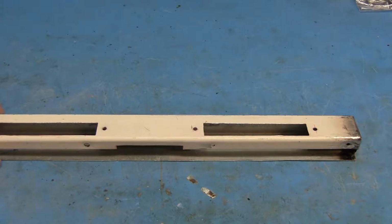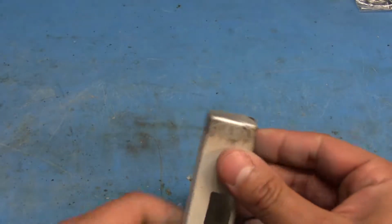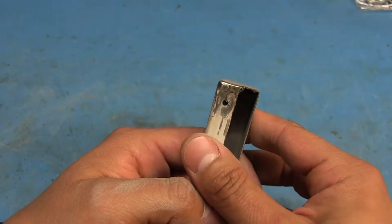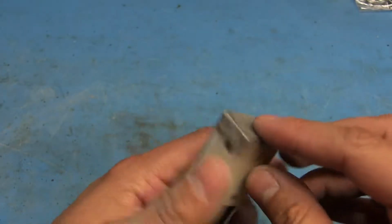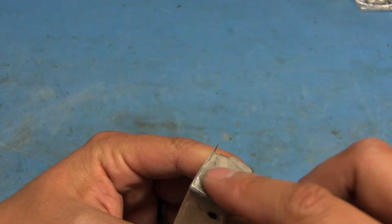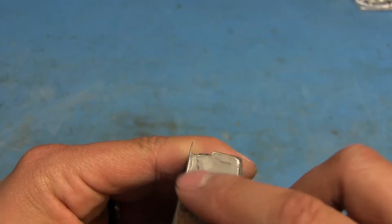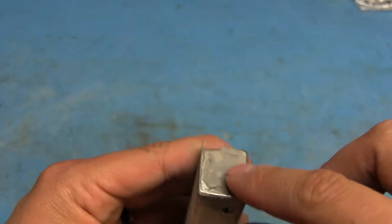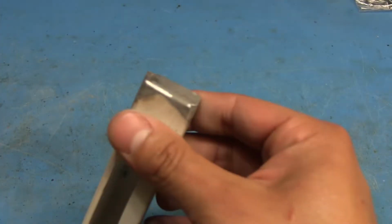I can. I hope this isn't getting too annoying showing just little progress shots of this case here, but I got the epoxy all sanded down on the ends, and I don't know if you'll be able to tell in here, but it's actually a lot flatter and smoother than it was at first. The epoxy filled in really nicely in these spots, and when I sanded it down, you can see that the metal here is at the same level that this epoxy is, so it was definitely kind of concave in this area here, but now with the epoxy in there and all sanded, it smoothed it out quite